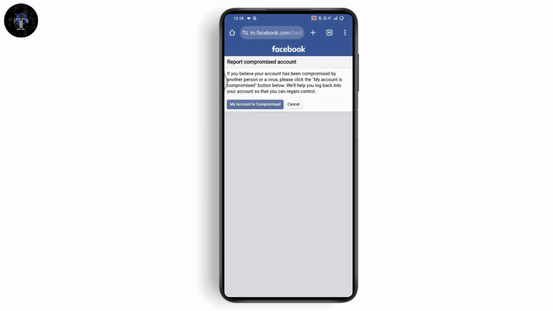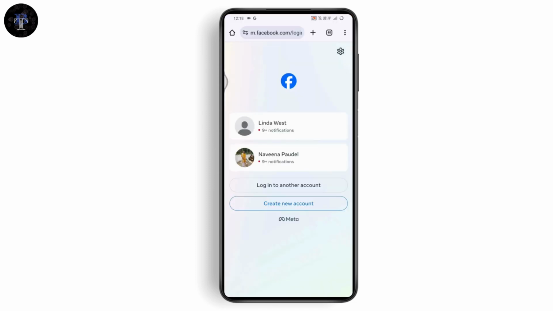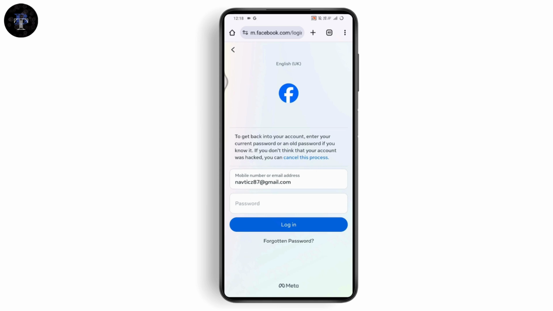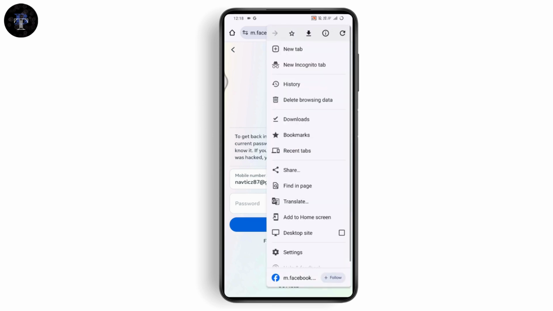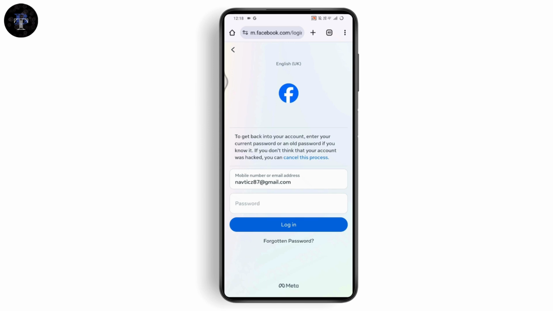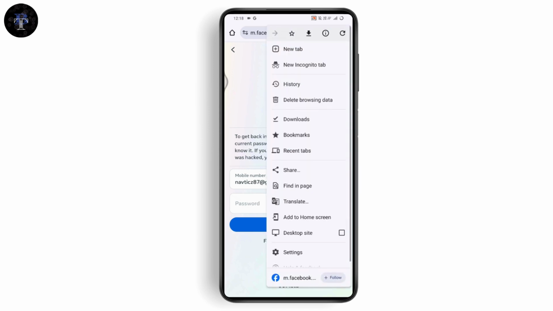report compromised account, and then here it will take you to this kind of page where you tap on my account is compromised, and then you need to choose login to another account, and you need to enter the email address or mobile number even if you don't have access to it, and then you can simply enter the password, or if you don't have access to your password, then first make sure to go to the upper right, which has that three dots, and then tap on desktop